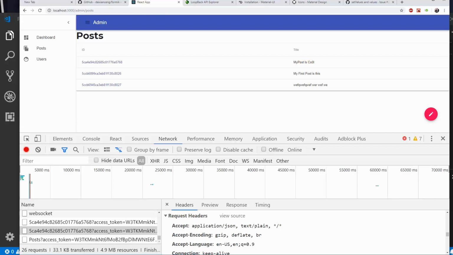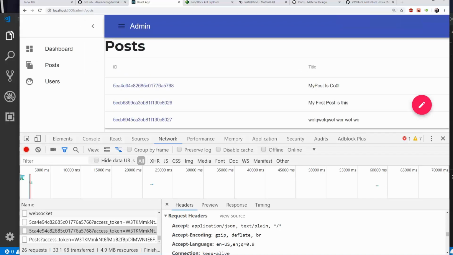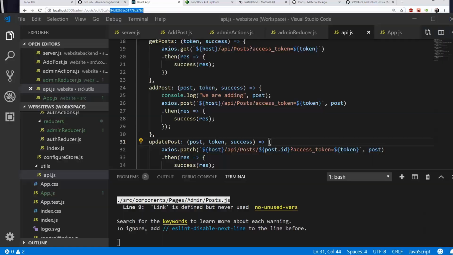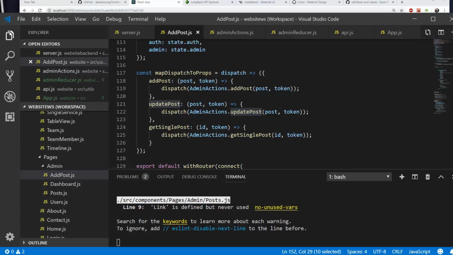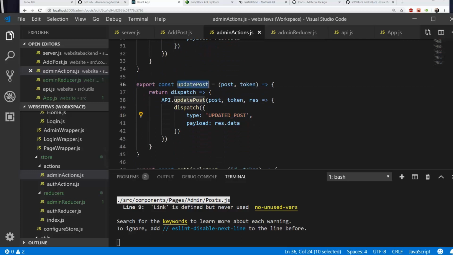And what basically happened, I just realized that this is way zoomed out. What happened is when I accessed it through the edit page and I changed it, and then I hit save, it looked at view. So is the view edit or add? So if it's edit, we'll create a new post object with all of the values of the current state of the add post function. We'll also set the ID equal to the ID in the URL, and then we'll call props.updatePost with the post and our token, which sends it to map dispatch to props update post right here. We're sending post over to admin actions.update post. So if I go into admin actions, we're calling this function, which then calls